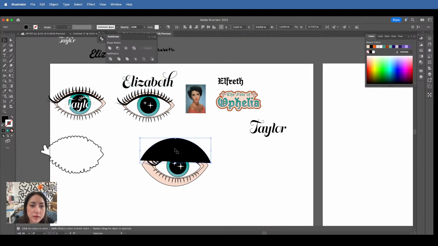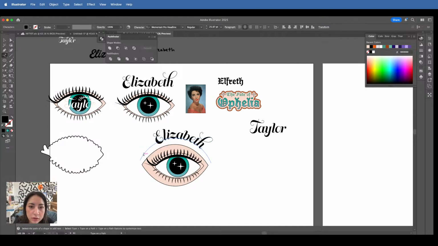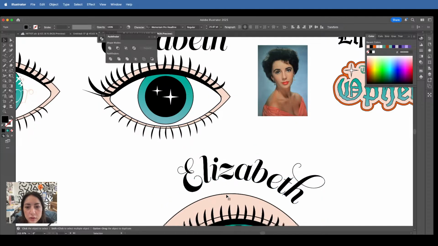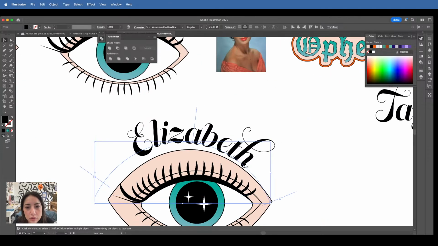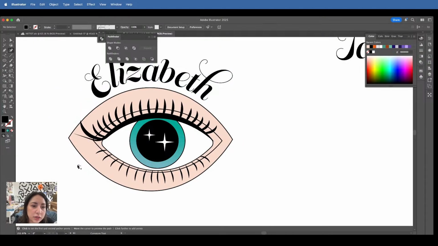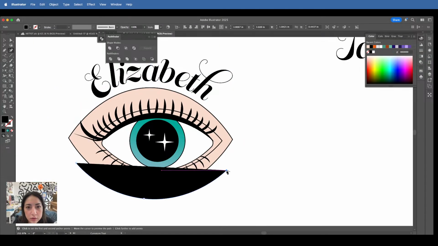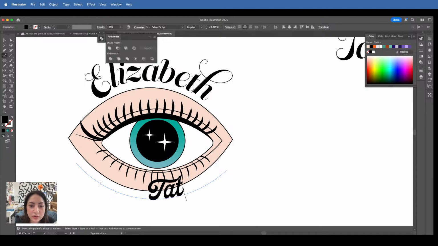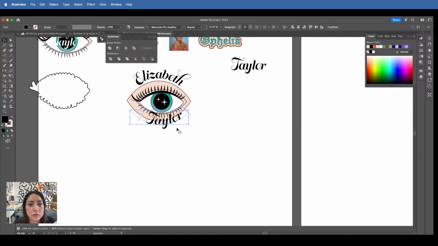Copy this, select that, and then type on path. Elizabeth. And then I'll do the same thing for down here. I don't know if this is ugly. It almost looks like a tattoo. But no, Taylor, not tattoo. I don't like it at all.